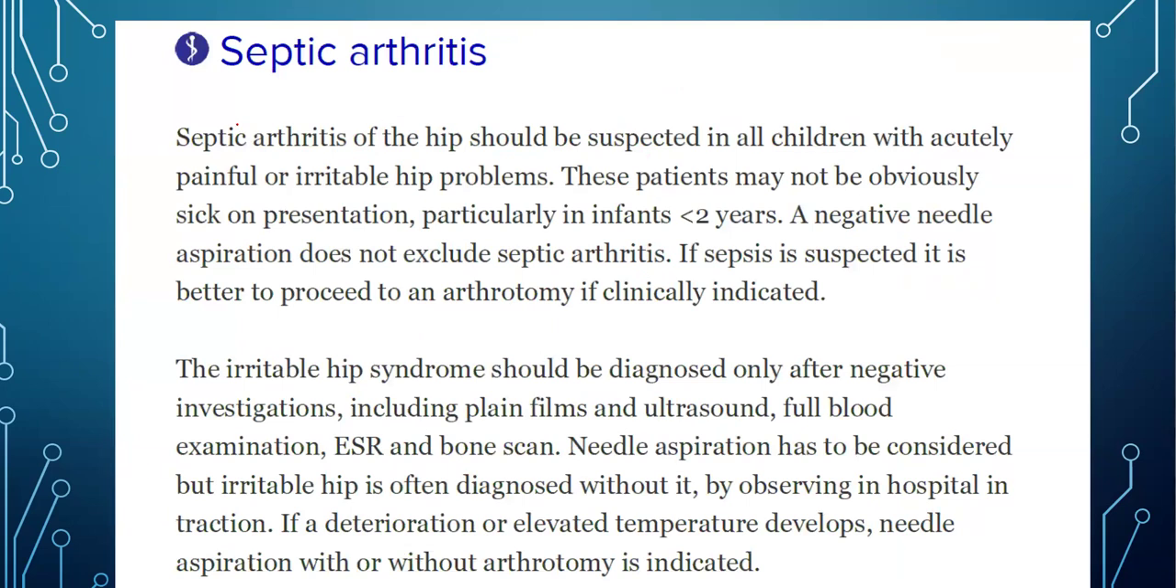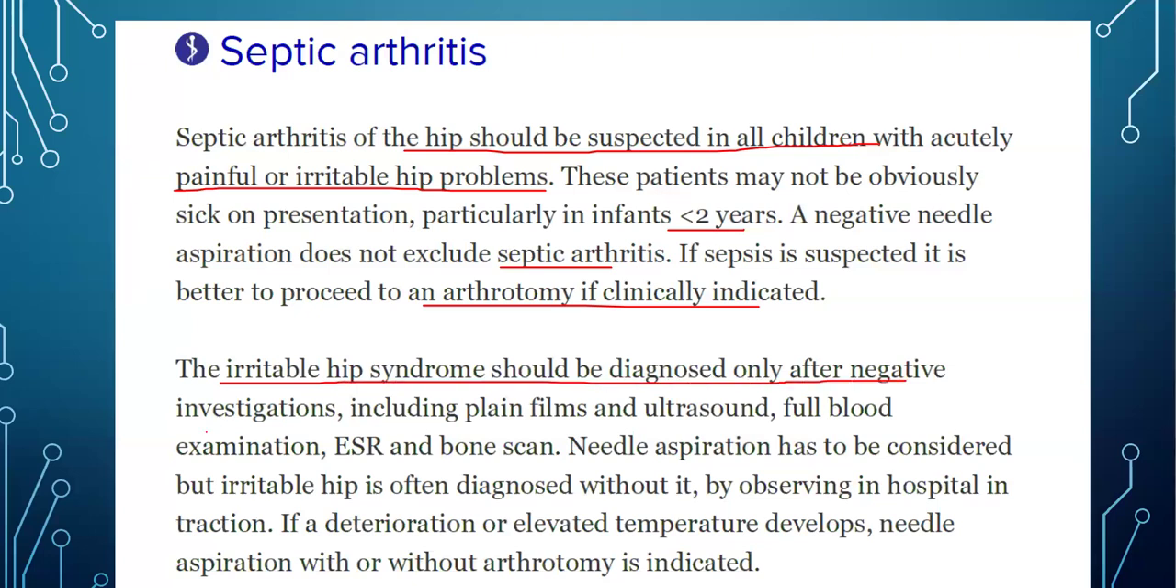While we are on this topic, let's discuss this. Septic arthritis of the hip should be suspected in all children with an acutely painful or irritable hip. The patient may not be obviously sick on presentation, especially infants less than 2. A negative needle aspiration does not exclude it. If sepsis is suspected, it is better to proceed to an arthrotomy. The irritable hip should be diagnosed only after negative investigation, including plain X-ray, ultrasound, full blood examination, ESR, and bone scan. Needle aspiration has to be considered, but irritable hip is often diagnosed without it by observing the child